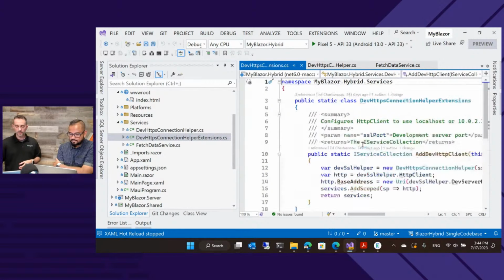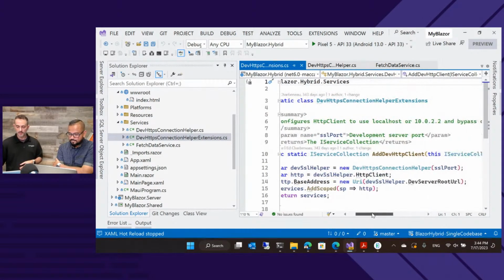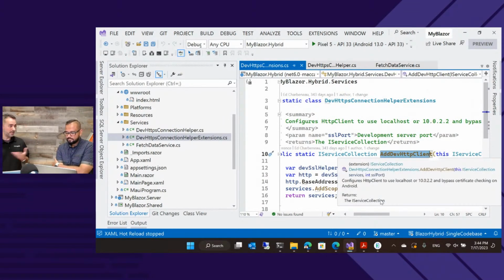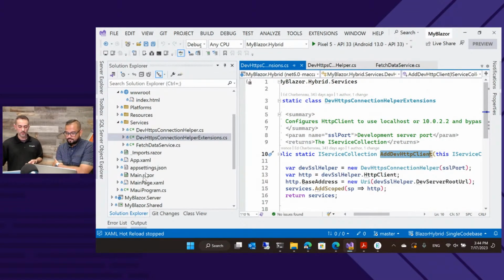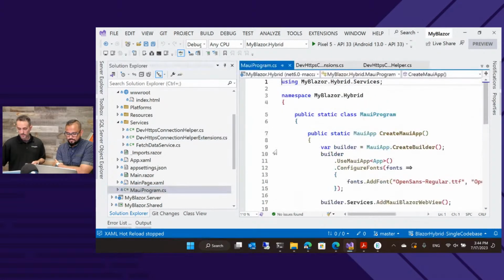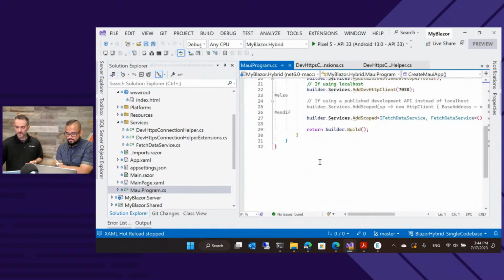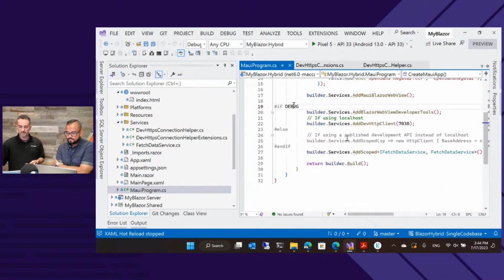And then I wrote a little helper in here, so you can easily just call AddDevHttpClient from your dependency injection. If we go up to MauiProgram, you can see in here there's an #if DEBUG: if it's debugging, then use AddDevHttpClient.